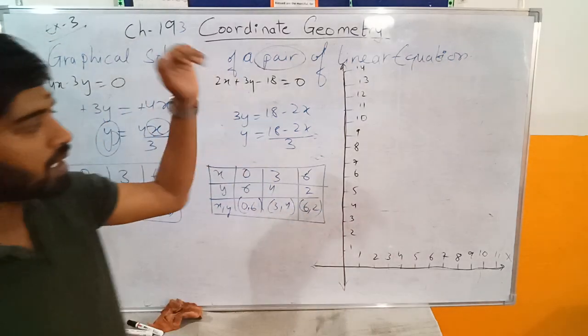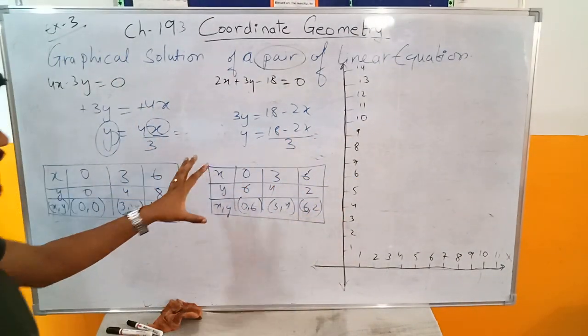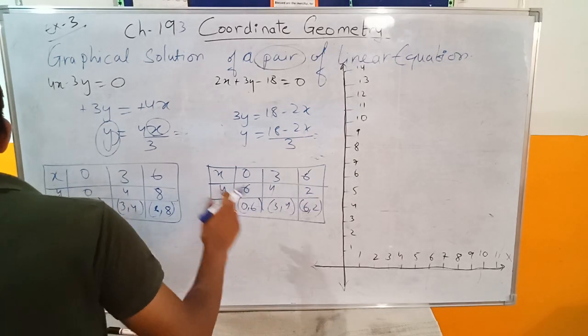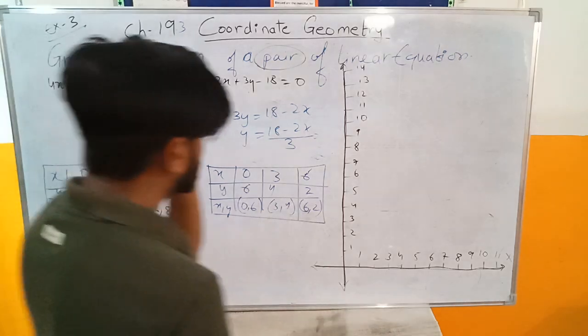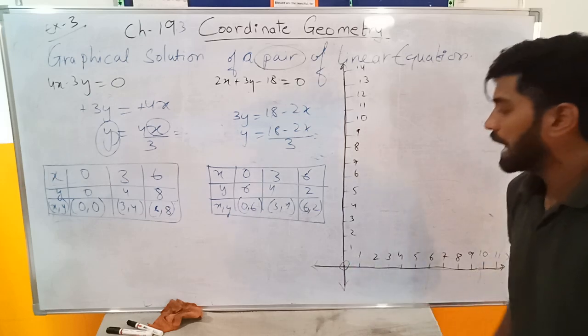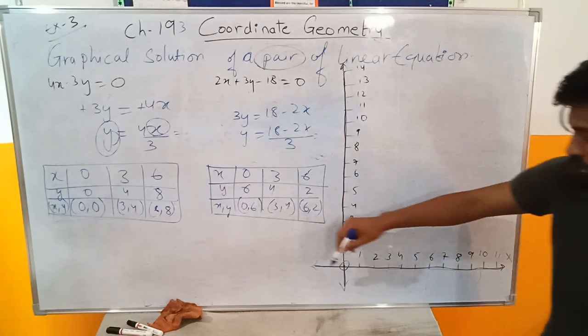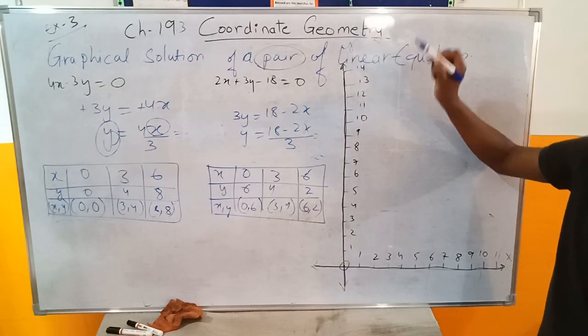So now I'm gonna make a line on the graph. First I'm gonna make this line on the graph, and second I'm gonna make that line on the graph. So right now, 0, 0 is always here. You know, I know, everyone knows that. Then 3, 4. 3 I have to find from the x-axis. Where is 3? This is the x-axis. This is the y-axis.